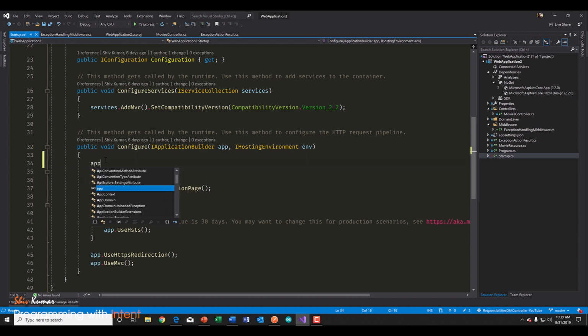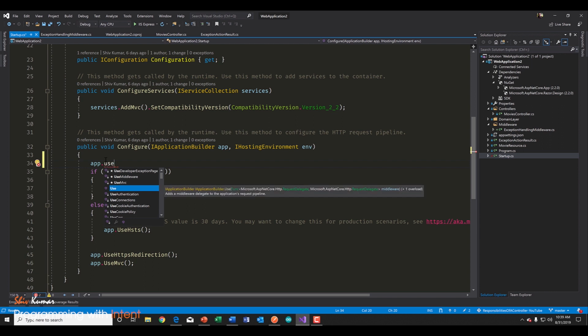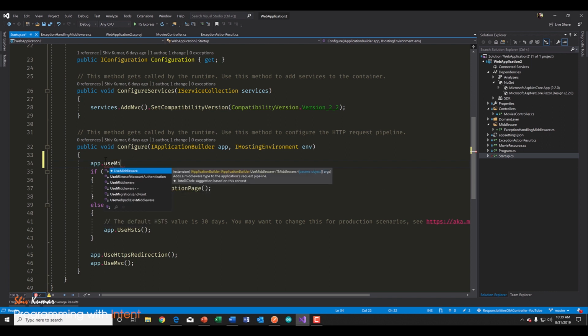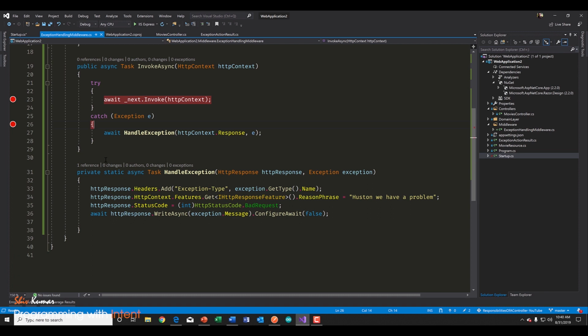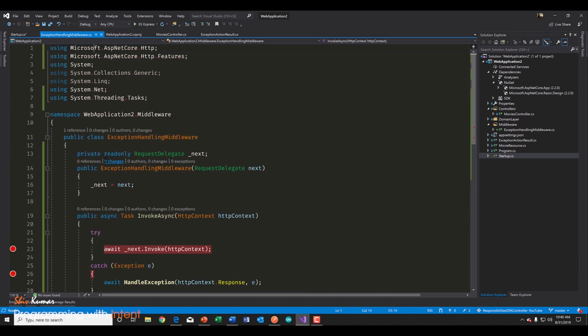So I'm going to say app.UseMiddleware in this case, and I have the option to use a generic type, and I can give it the name of our class, which is,